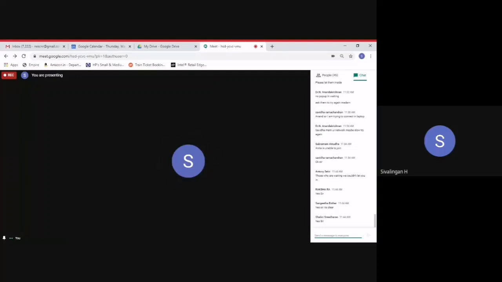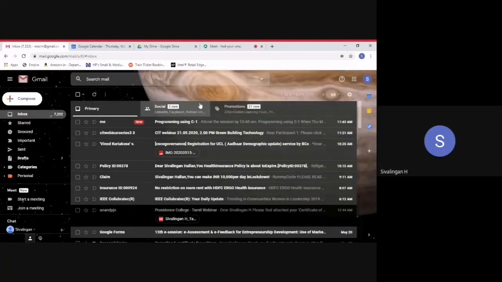I explained the same thing you are going to do with the Google Suite user ID. That will be given. We will be sharing that with all the department HODs, so they will be giving it to the staff. It's the same process, whether you are using the normal Gmail or the G Suite user ID, both are the same. And as I said already, we have something called the recording option, which is enabled only in the G Suite account.